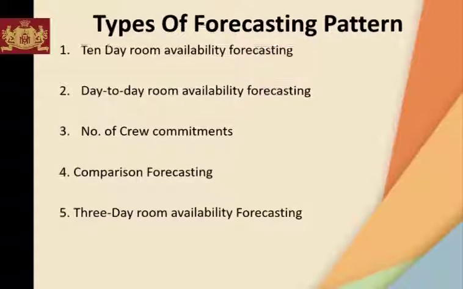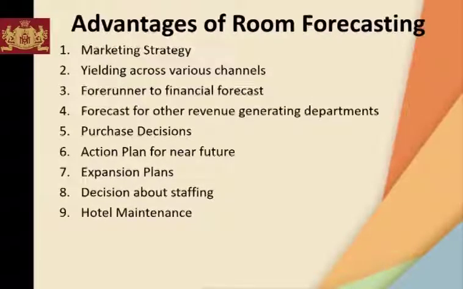The 3-day room availability forecasting. A 3-day room availability forecast is an updated report that reflects a more current estimate of room availability. It details any significant alterations from the 10-day forecast. The 3-day forecast is meant to advise management in fine-tuning labor schedules and adjusting the room availability understandings.